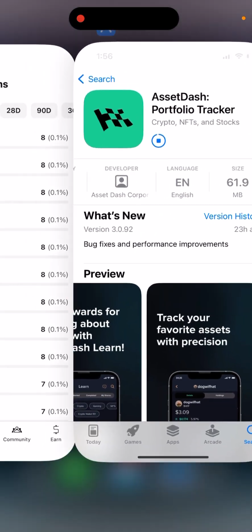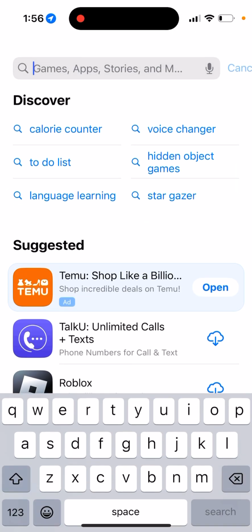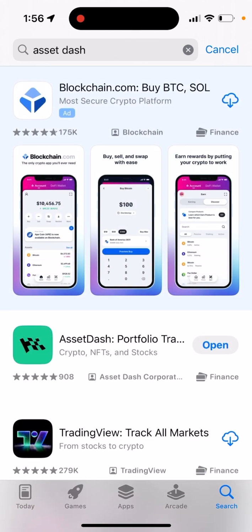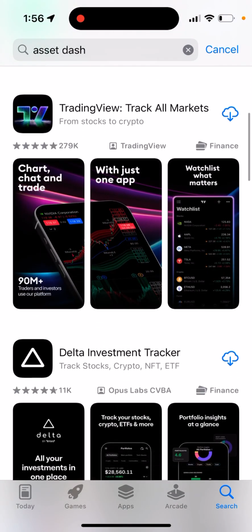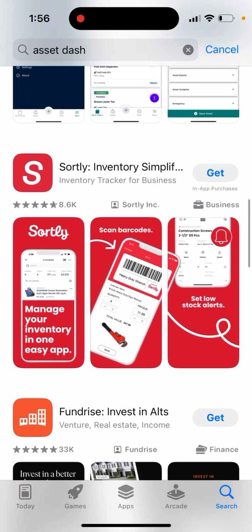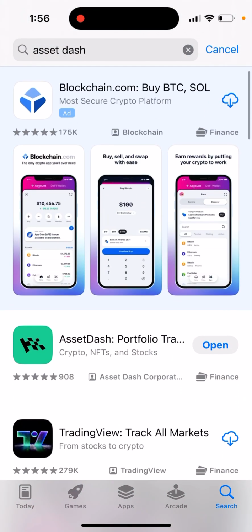So yeah, it's a bit buggy. So let's just try it out again. So this is, as you can see, the app, kind of similar to TradingView or some other apps in this category. So you can just open it up